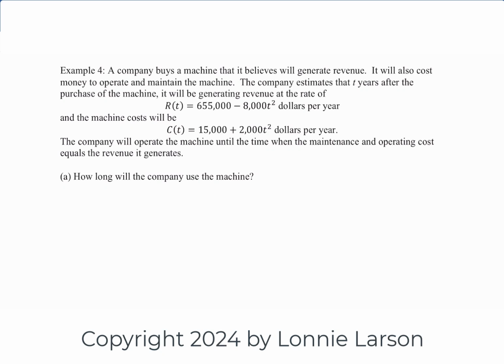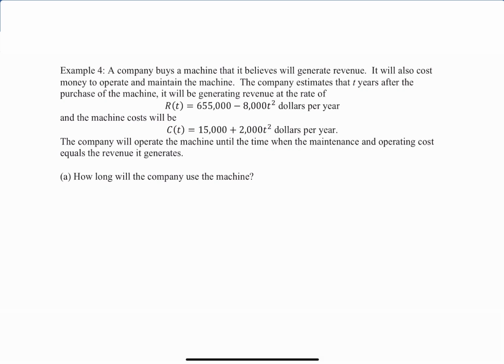Let's do a word problem because there are some in the homework. A company buys a machine that it thinks is going to generate revenue. It's also going to cost money to operate and maintain the machine. And the company estimates that T years after the purchase of the machine, it'll be generating revenue at the rate